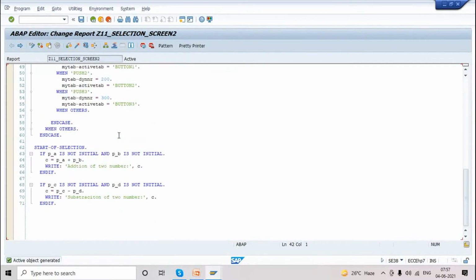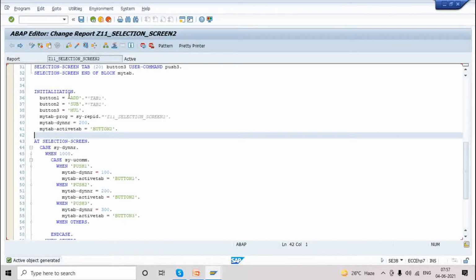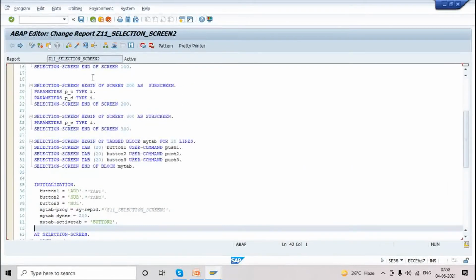Again, we have a dynamic screen that we will discuss at the time of classical reports. Some fields will be disabled after clicking on some checkbox or radio buttons, and those 4 or 5 fields will be enabled, condition based. Like you might have seen in websites when you are booking a bus, when you click onward journey, the return date is disabled, grayed out in JavaScript. When you select return journey, then only the return date will be enabled. Like that, here also we can do that through the checkboxes.